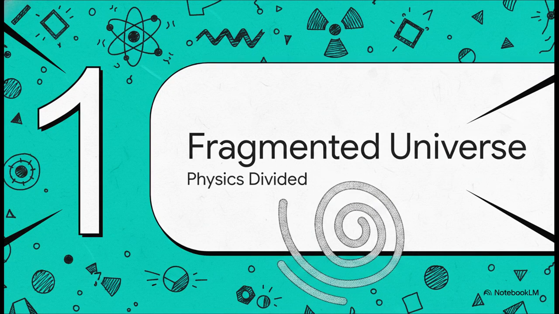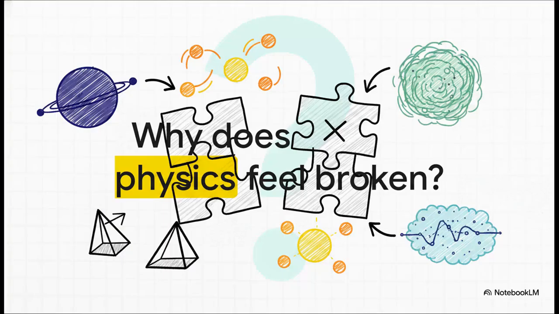Okay, so, as you well know, Einstein spent his entire life hunting for unity. He was literally always digging beneath the surface, desperate to find that one single thread tying all the scattered, disconnected fragments of modern science together. But we really have to ask the central question. Why does modern physics feel so broken in the first place? I mean, right now, it kind of looks like a giant puzzle where the pieces just refuse to fit together.